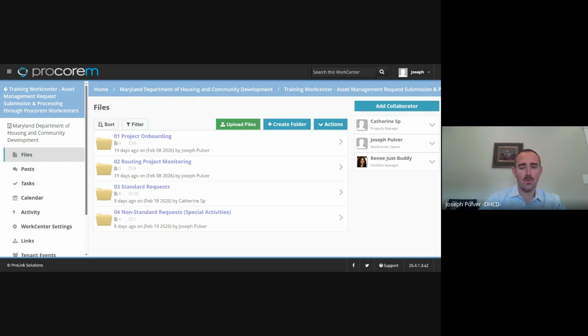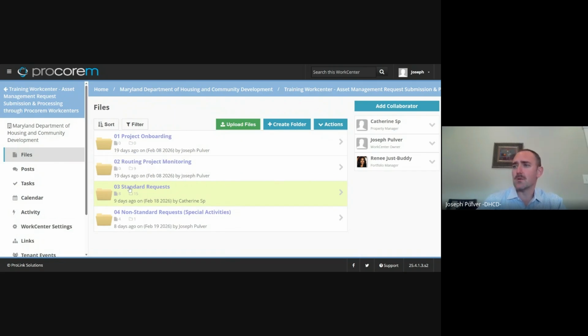This project onboarding, generally speaking, is where your asset manager communicates with the project at the initial onboarding and the kickoff, and gets you set up with asset management on your project, and what the flow of inspections and financial reviews and requirements are going to be. So that won't be one that's used a lot throughout the course of the project. Most of what you'll see is going to be in this routine project monitoring. And if there's time, I'll jump back in there just to share for folks who haven't seen it.